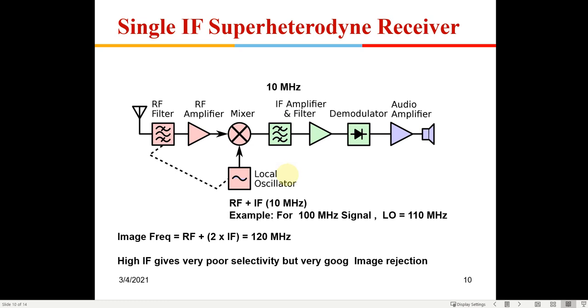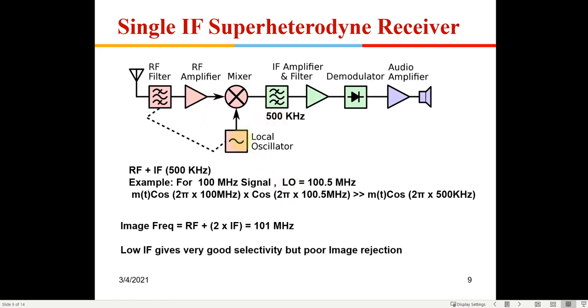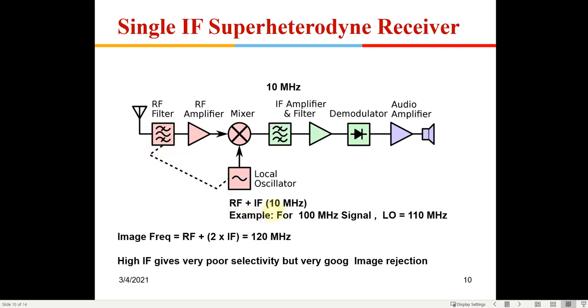Now consider the difference. In the first case I have a very low IF. A low IF will be able to reject my adjacent frequencies, because with 25 kilohertz spacing, the 500 kilohertz filter will be able to reject the adjacent frequencies, but then there is a problem of the image frequency getting through. In the second case, I have used a very large IF. With a very large IF, the image frequency is rejected, because it becomes far away from the original frequency, so the RF amplifier can be tuned accordingly and it will go away.